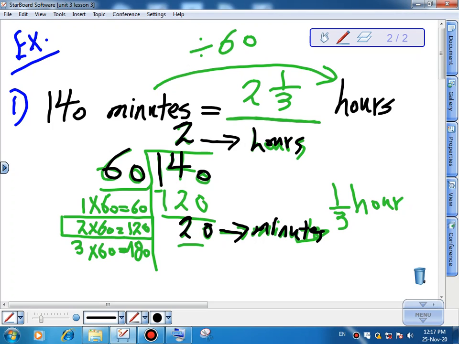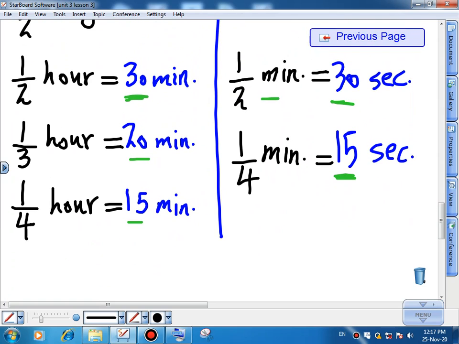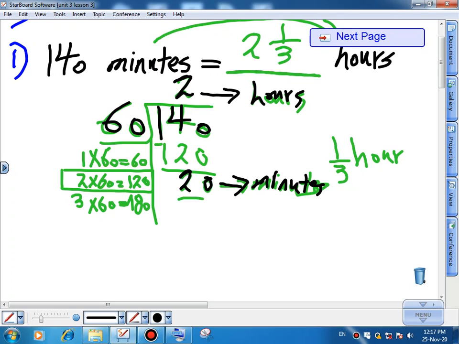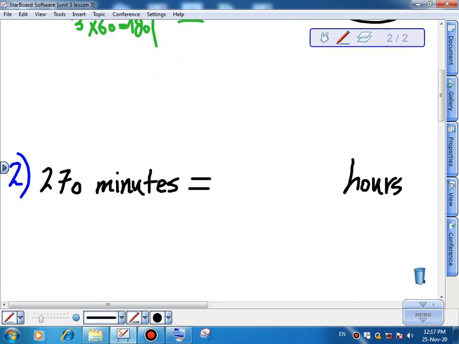And we say that one-third of an hour equal to 20 minutes. So we put 1/3, replace 20 with 1/3, it will be 2 1/3 hours. Next one, if I need to get